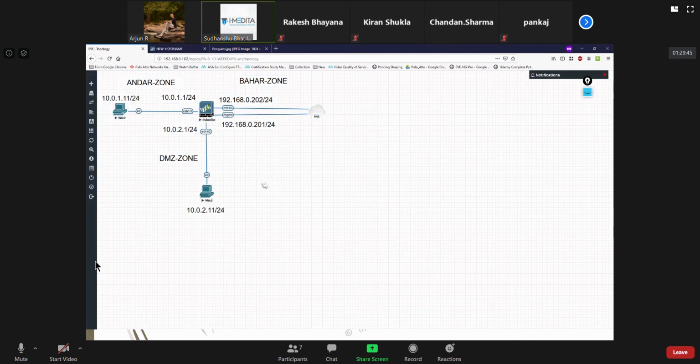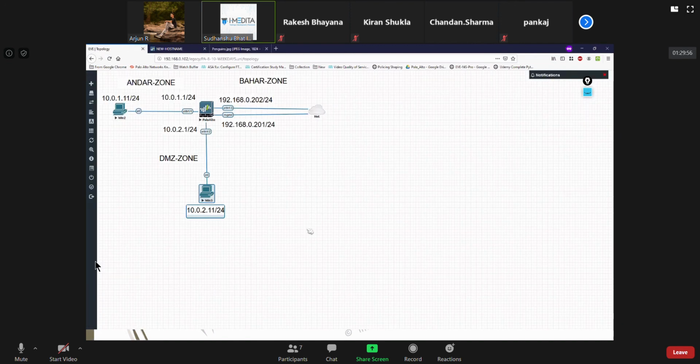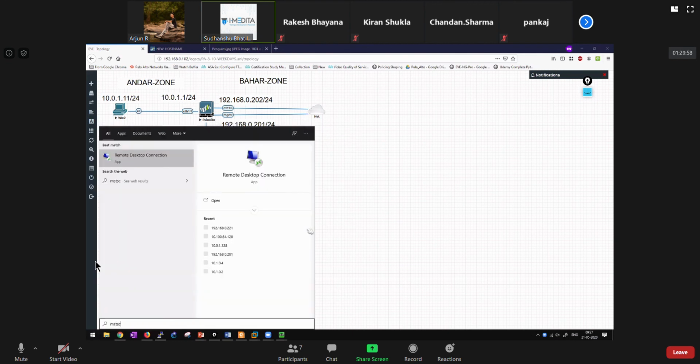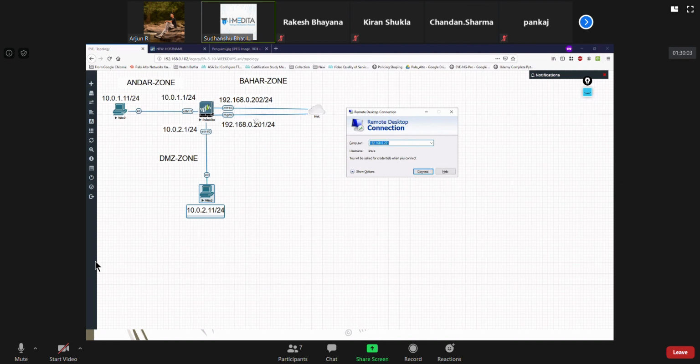You can say not just hosting. Even if I have a Windows machine here and I want to hit it from outside, suppose I open a remote desktop connection to 192.168.202, it's going to open Win3. So it's not just for hosting, that's perfectly all right. I'll show you if you want.